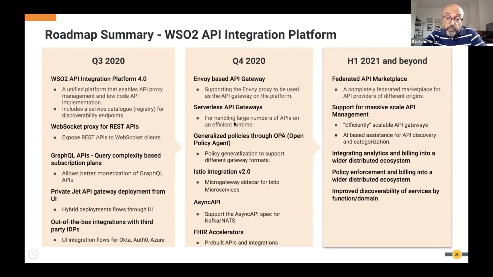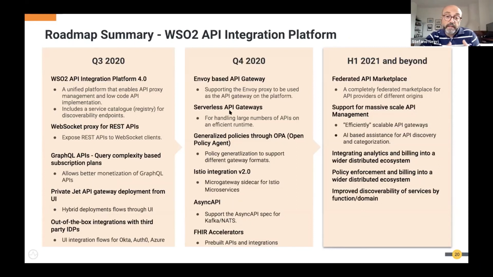We are, of course, also moving ahead in terms of federation with other gateway providers. For example, we will have a new Envoy-based API gateway, which will support Envoy. We can basically create the policies and deploy them on Envoy directly instead of our gateway. This is a new feature that will be added to gateway, micro gateway, and Istio. Then the next release will bring the possibility to have an Envoy gateway.